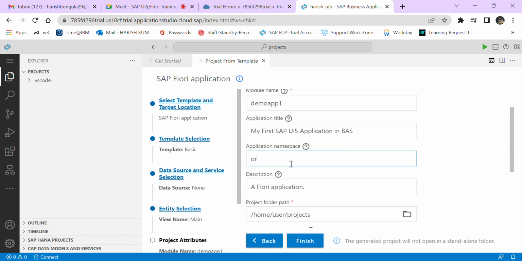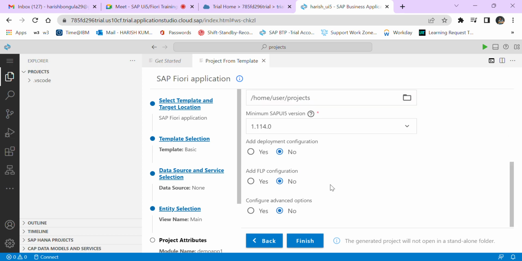So I am giving ORG, and here you can give the description for that application, meaning what the application is, what you are creating it for. So I am giving first Fiori app,